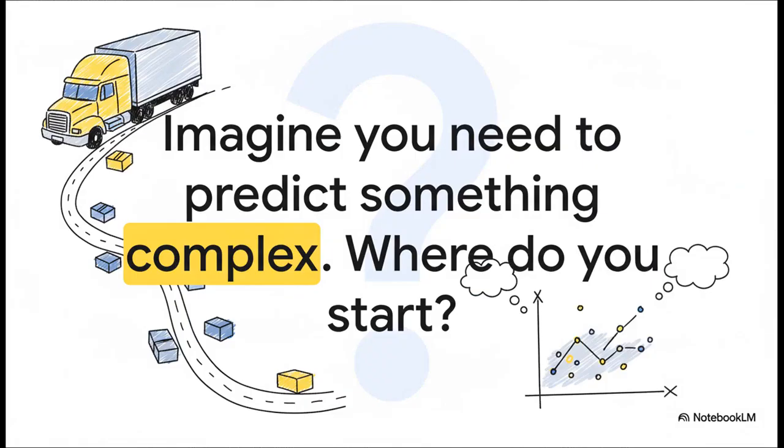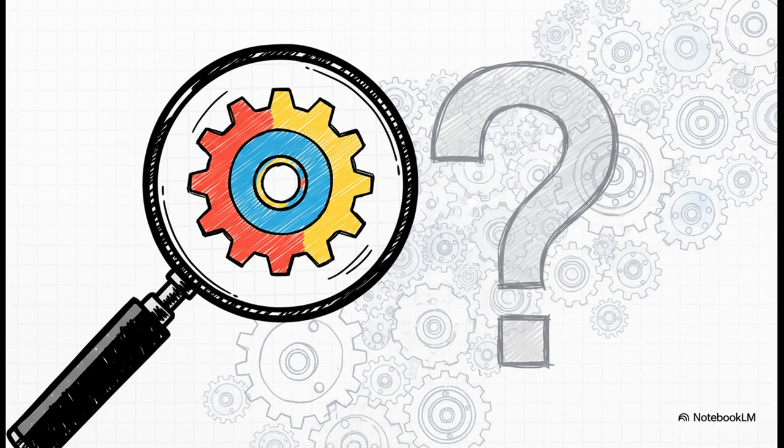So let's just imagine for a second you're trying to predict something. Anything, really. Maybe it's how long a project is going to take, what next quarter's sales will look like, or even just how long your commute will be. Your brain immediately starts hunting for clues, right? For predictors. And you probably grabbed the most obvious one. More traffic, longer commute. Bigger project, more time. It just feels intuitive. But as we're about to find out, relying only on the obvious clue can be, well,